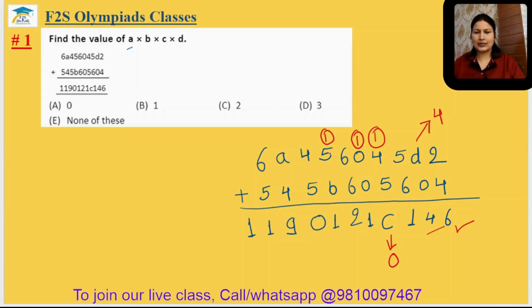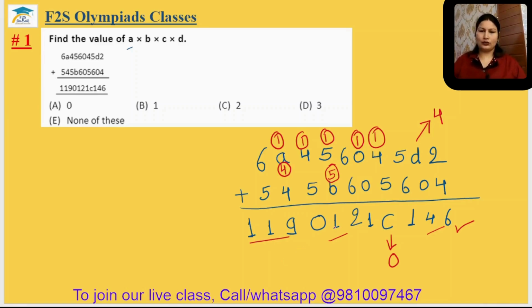5 plus 1 is 6. 6 plus what equal to 1? So 6 plus nothing equal to 1, so 6 plus something should be equal to 11. So 6 plus what equal to 11? 6 plus 5 equal to 11. So B should be 5. 11, carry 1. 4 plus 1 is 5, plus 5 is 10, 0, carry 1. 4 plus 1 is 5. 5 plus what equal to 9? So 5 plus 4 equal to 9. Now 6 plus 5 equal to 11.